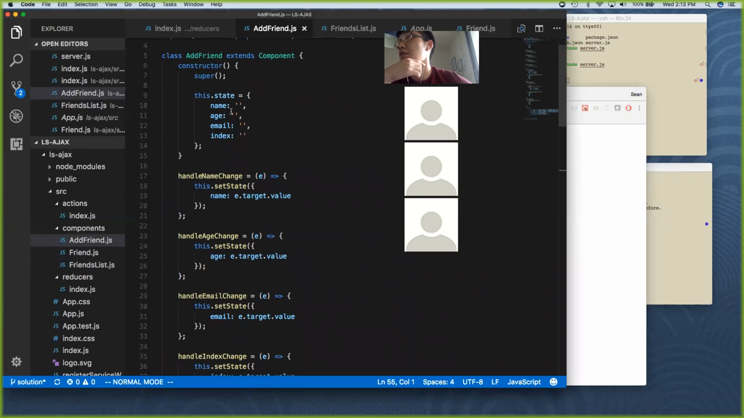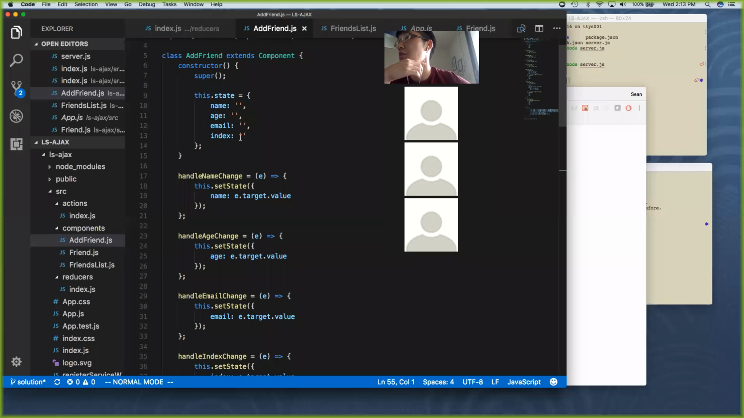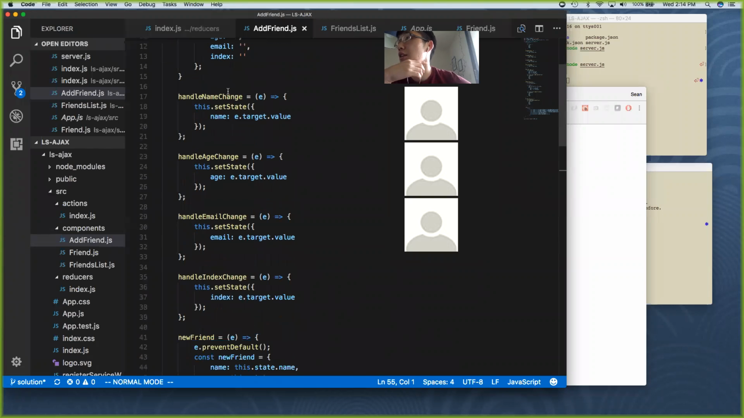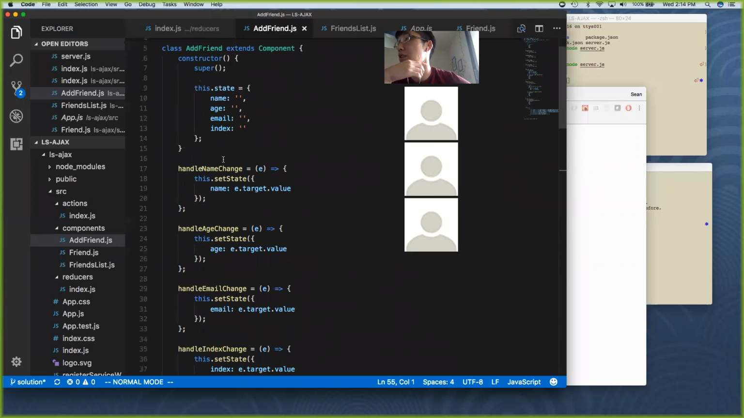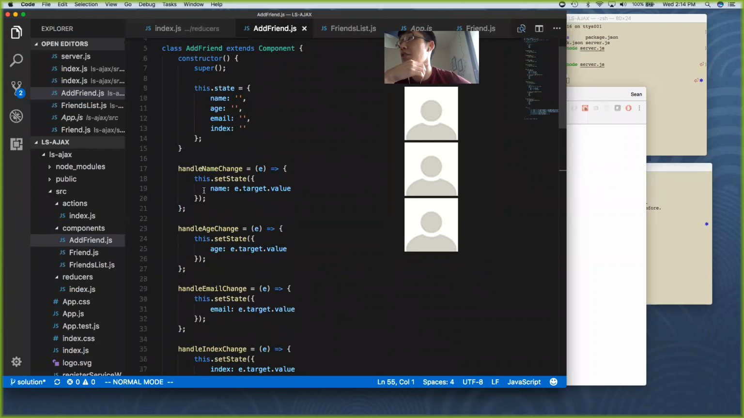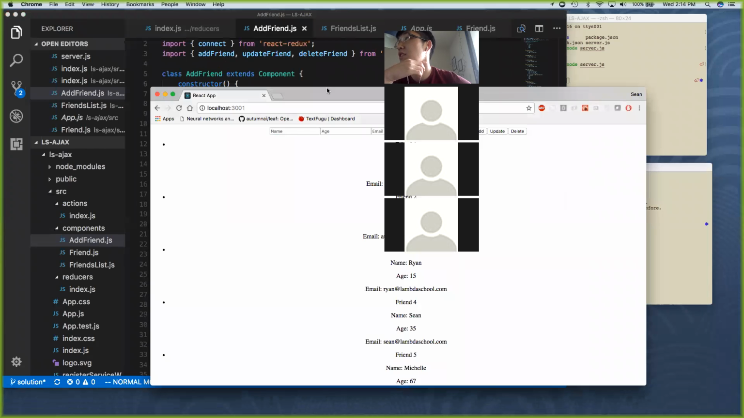We need to, inside of state, keep track of all the different inputs that a user might give us inside of this component. And so inside state, I have name, age, email, and then index, which is specifically used for the put or the update method. We'll get to that in a bit. And then for each one of these different fields inside of state, you need a specific handle change. For example, we have handle name change here. That is bound specifically to just the name input field. And so whenever the name input field gets updated,